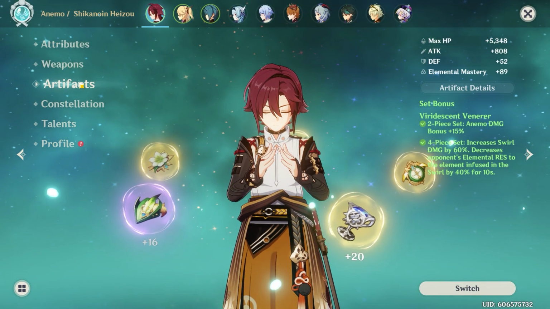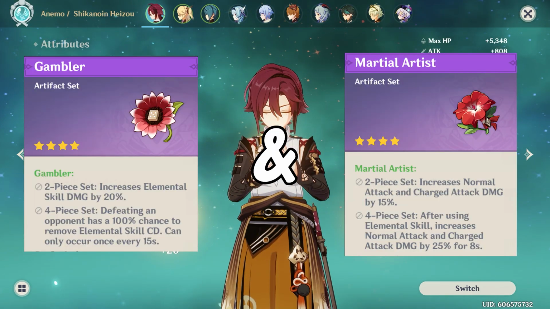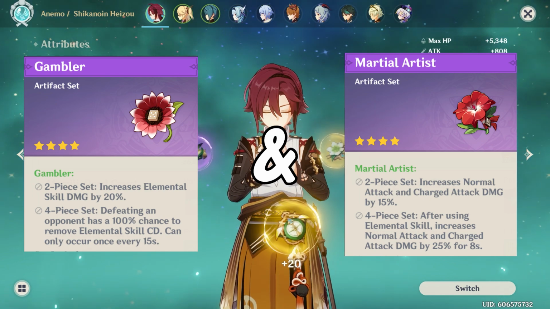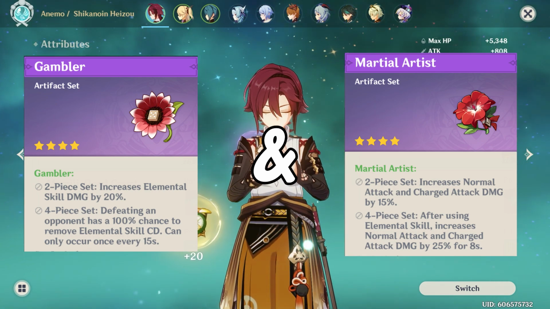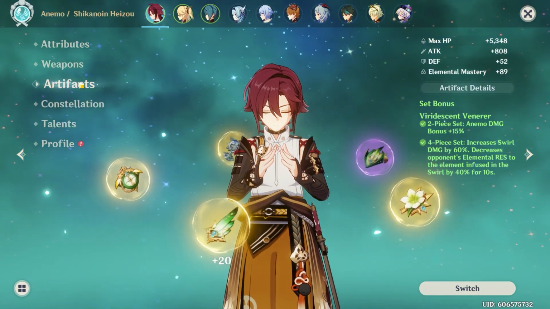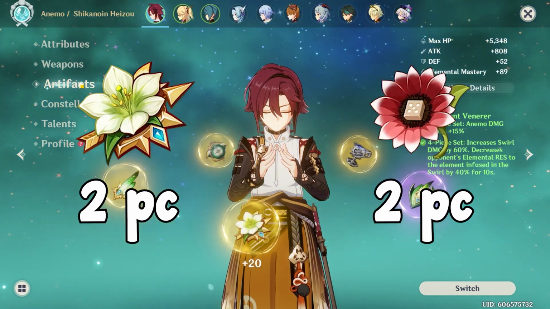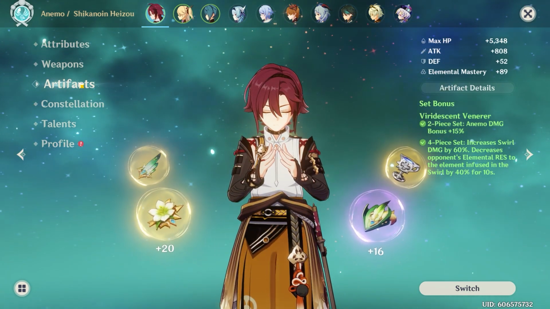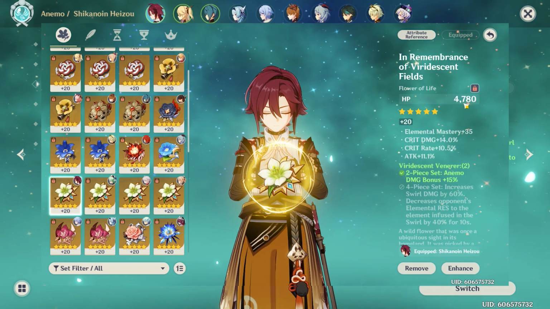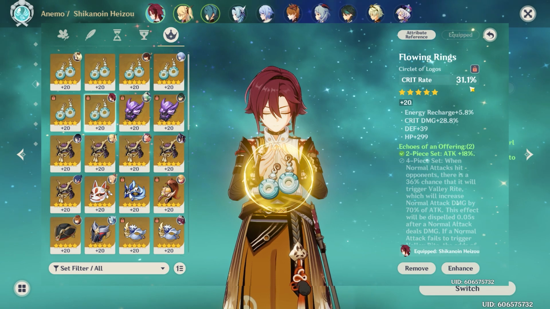Now let's talk about 4 and 3-star artifact sets. Gambler and Martial Artist would actually be really good on Heizou. Gambler increases your elemental skill damage by 20% and removes the skill's cooldown when you defeat an enemy. Honestly, the 2-piece set might even be good for him, even for endgame players, something like 2-piece Viridescent and 2-piece Gambler. Since they are 4-star artifacts, you won't be getting that high base stats, but with the Flower increasing your health by like 1000